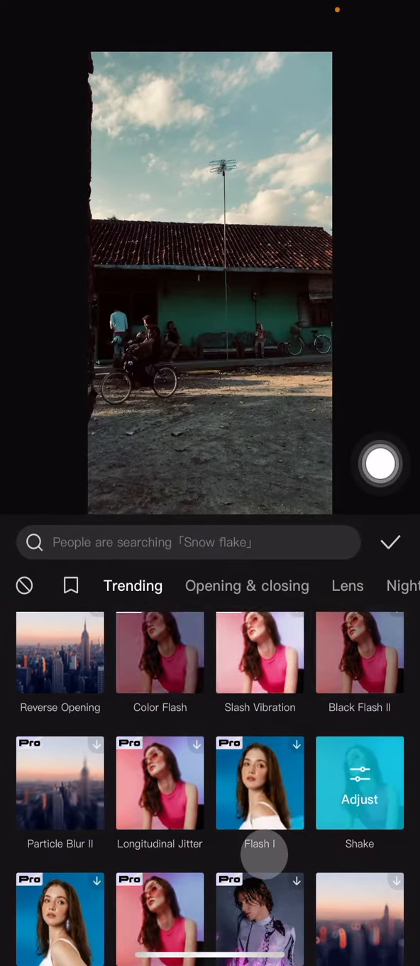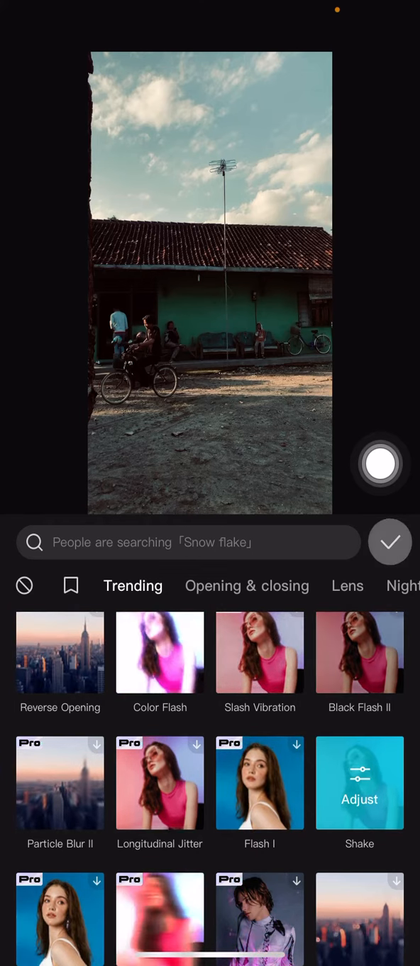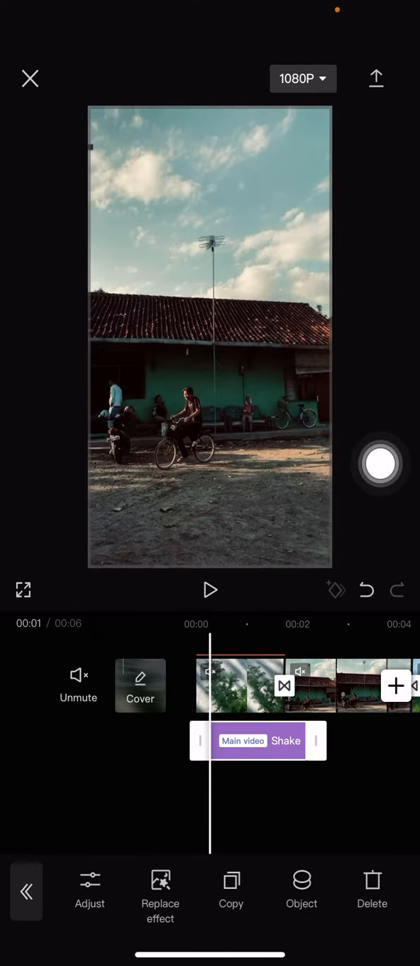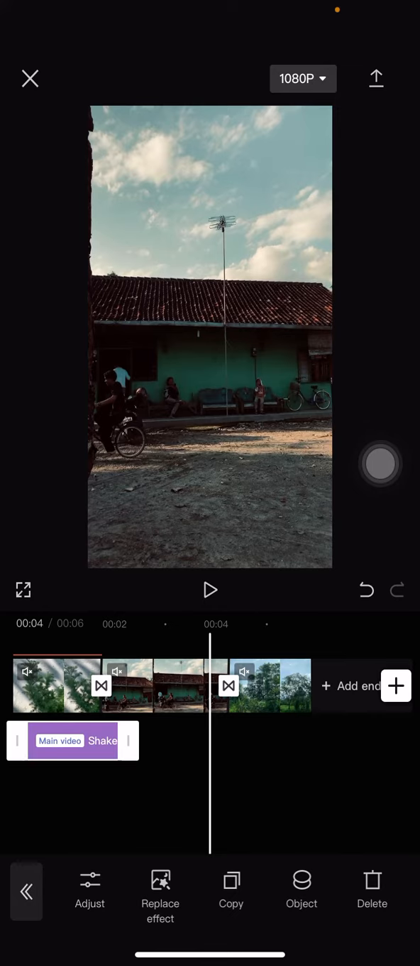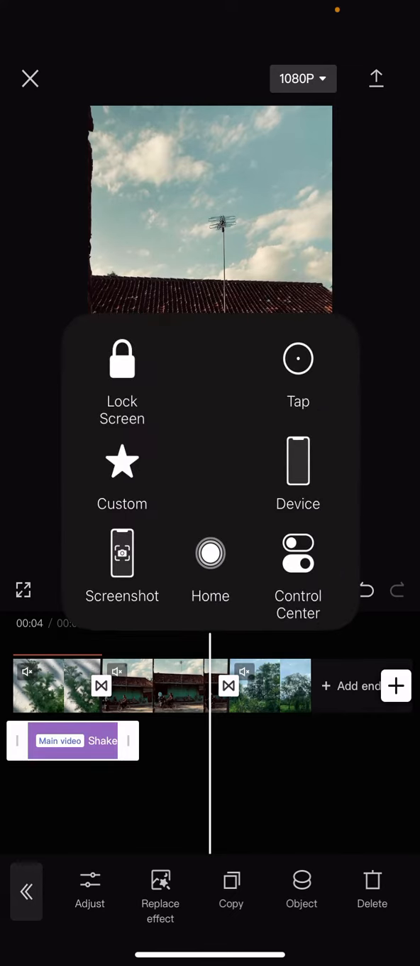After you are done, just click Done over here, and then we just need to adjust the length of the effect. I want to make it end just over here, so that only a little part of the clip has this effect. And then for the next one, I want to have an effect on these seconds,